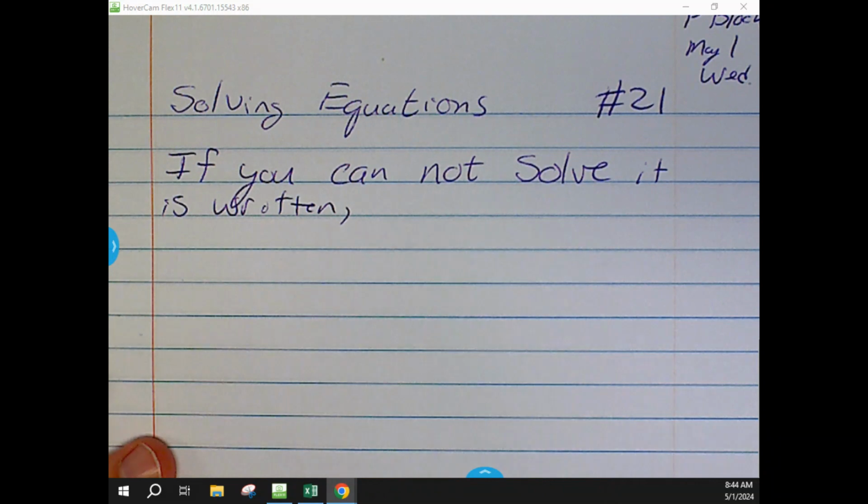then you're going to rewrite it. If it's an exponential equation and you're not able to solve it, you're going to rewrite it in log form. If it's a log equation and you cannot solve it, you rewrite it exponential. So whichever form they give to you, if you cannot solve it,